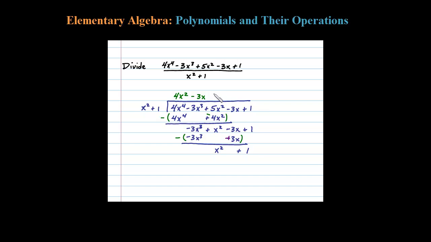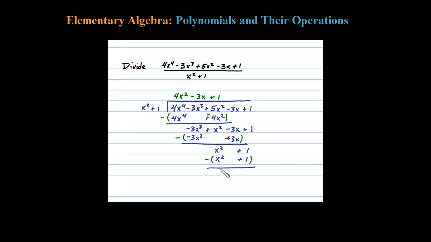Okay, and then for the last step, we're trying to figure out what times x squared matches up with x squared this time. We can easily see 1 will do it. 1 times x squared is x squared. 1 times 1 is plus 1. So here when I subtract,